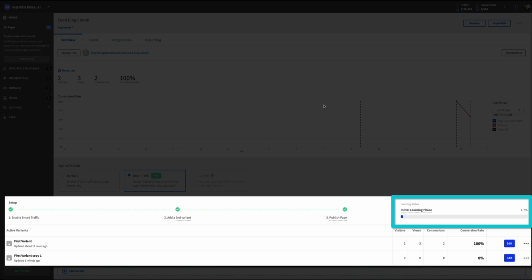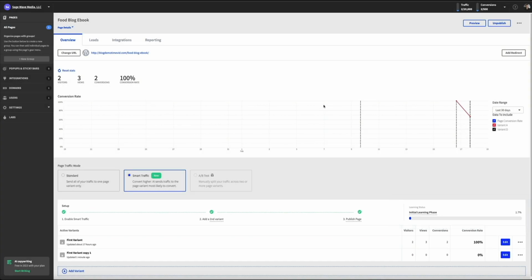After as few as 50 visits, Smart Traffic has enough information to start routing visitors to the page variant where they're most likely to convert, getting you on average 30% more sales and signups. How cool is that? All right, then by default, the pages are named First Variant and First Variant Copy, but